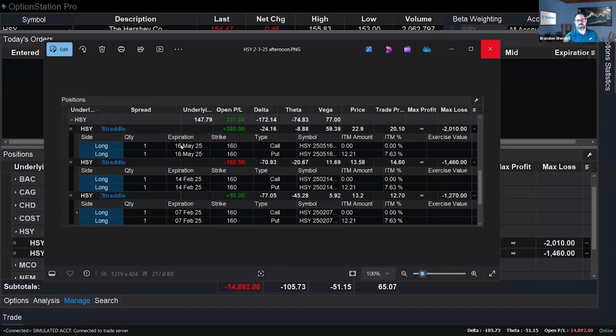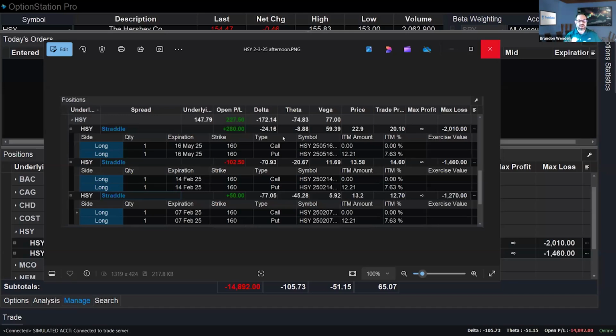However, take a look at which one had the most profit here, May 2025. As a matter of fact, the 14th, they were negative on the same day. All of this was done on the exact same day. So what's the big difference between all these? Well, it's actually the exposure to volatility. It's really what it comes down to.